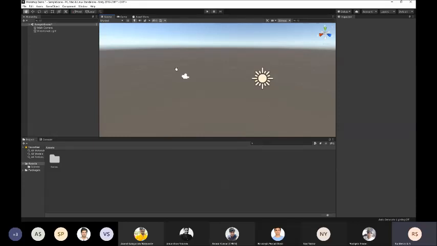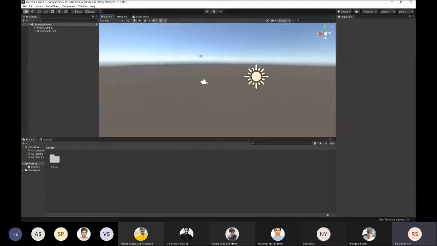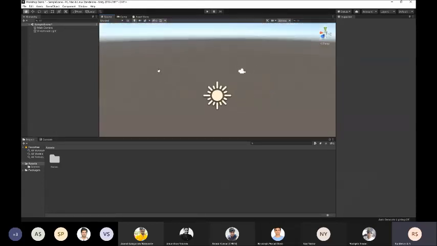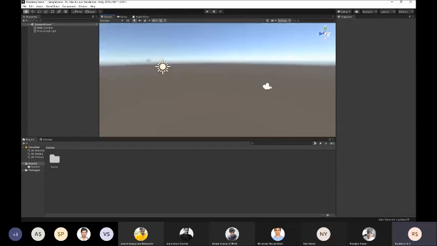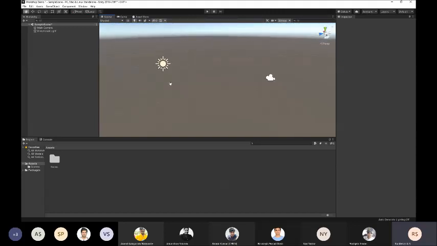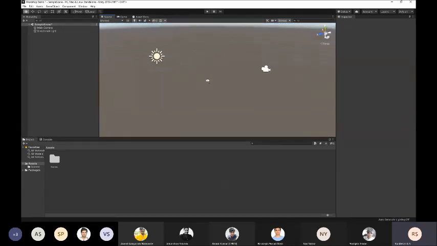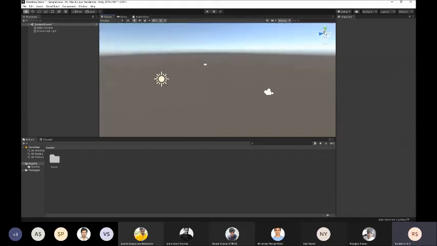Another way to navigate is by holding Alt on your keyboard. So if I hold Alt, I'm holding Alt now, you can see that the logo changed, shifted to an eye icon. While holding Alt, if I left click and drag, I can look around from that same point, right? If it's only the hand tool, I can move around like this. If I hold Alt, I can move around like this. And another way is to use the right click on your mouse. If I hold right click, I can do this. So my position is the same, only my orientation is changing, right?